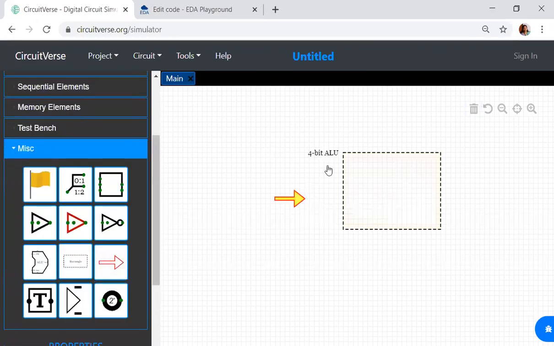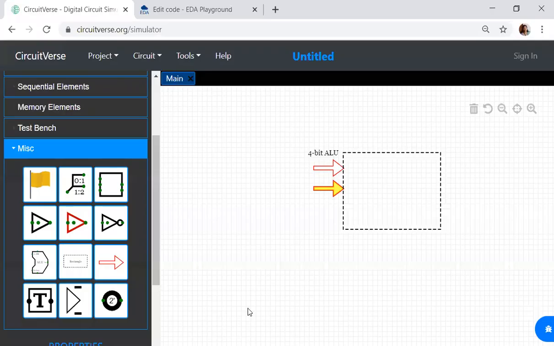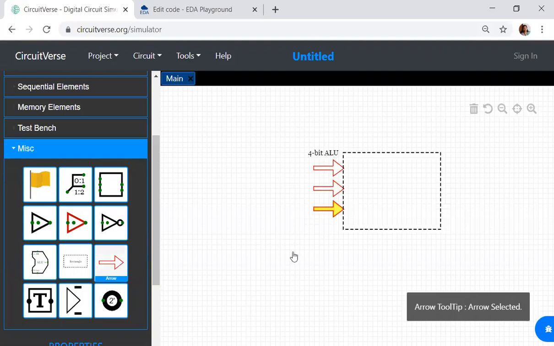Second operation is the subtraction. Third operation, I think we perform AND operation, and the fourth operation was an OR operation.